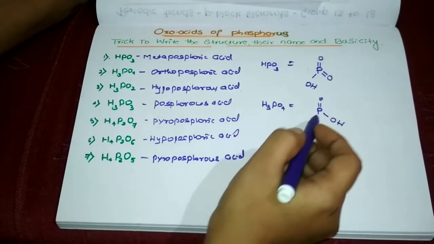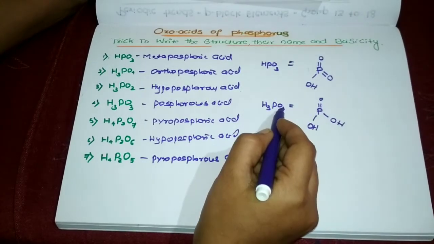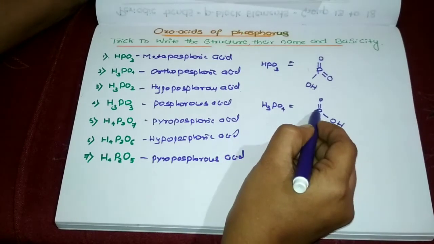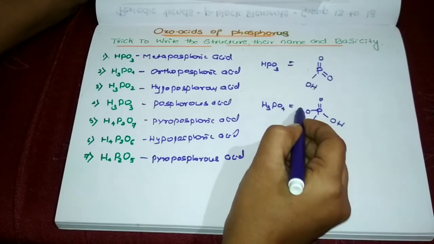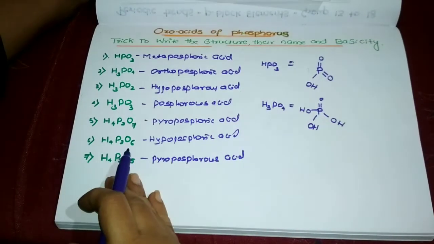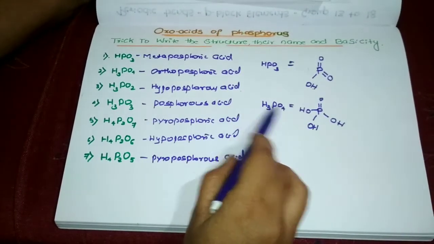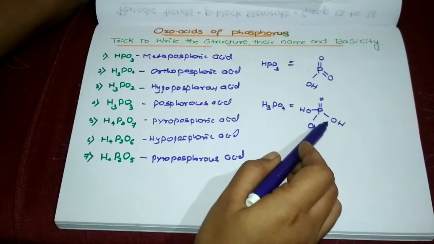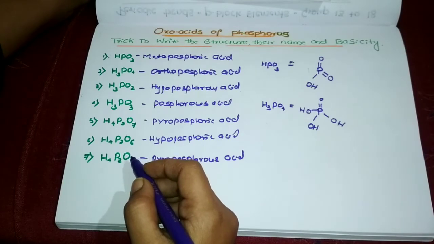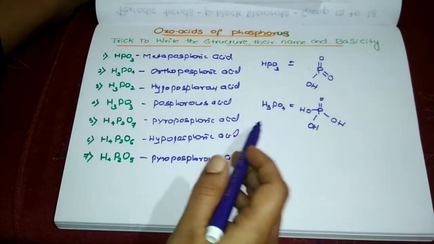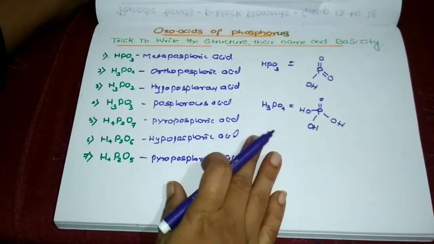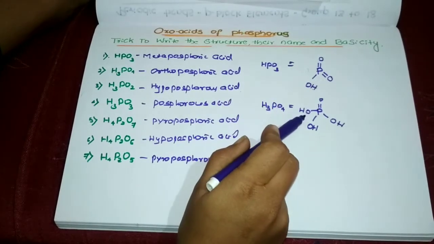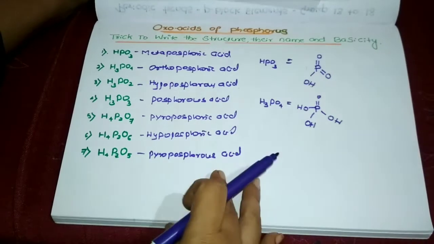Now out of 4 oxygen we have written 3. We have one more hydrogen, so we're going to write OH. You can count here: H3, 1 2 3; P, 1; O4, 1 2 3 4. This is how you need to practice, dear students. If you have remaining oxygen and hydrogen after satisfying the double bond O and OH, you have to write OH here. Like that you have to do.